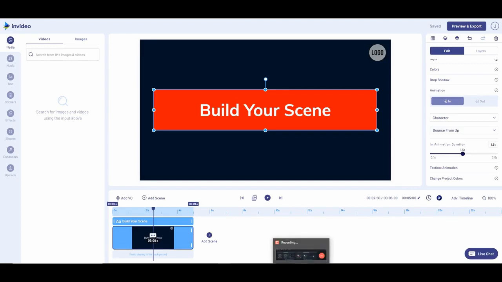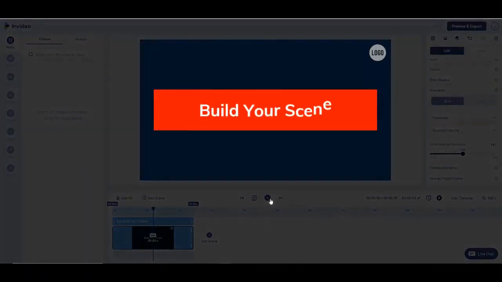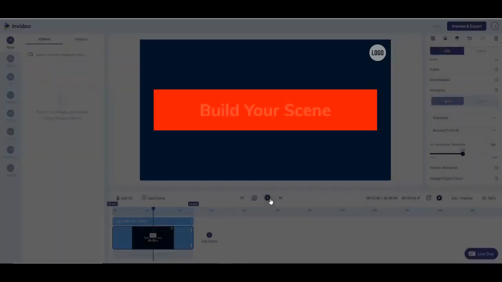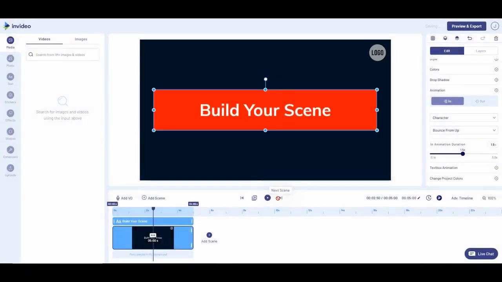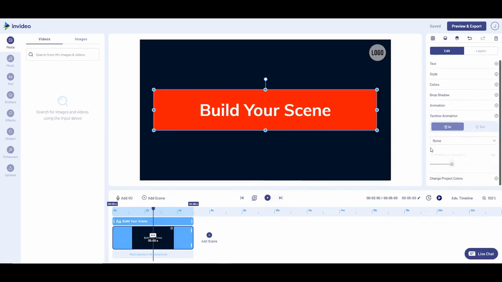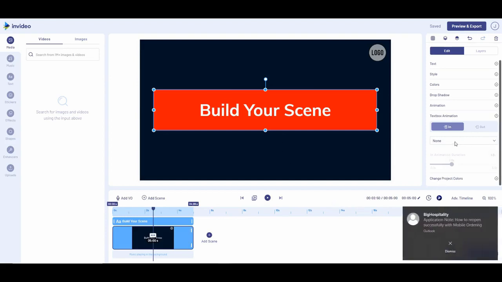Okay, so we've just animated the text, and just to show that the changes work, you can see we brought it in a character at a time, and it bounced a little bit at the end. So now if we go to text box animation, it's currently set to none, and as you saw, it just sat there. So what we're going to do,